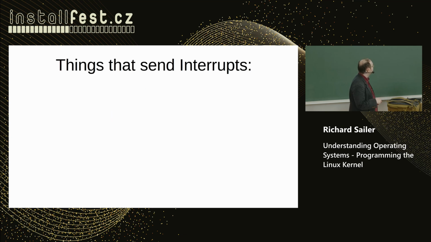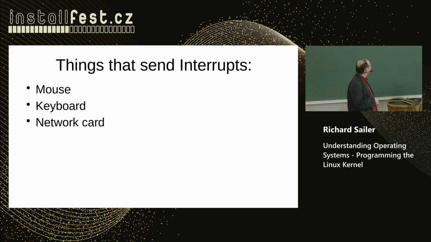So, things that send interrupts. Mouse. Whenever you move your mouse, you send an interrupt. Whenever you click it, you send an interrupt. And every time your computer switches from whatever program you have there into kernel mode, handles the interrupt, and switches back again. It works so fast, because processors are so fast, that you don't notice it, which is pretty cool. Keyboard, every keyboard press you do. Your network card too.